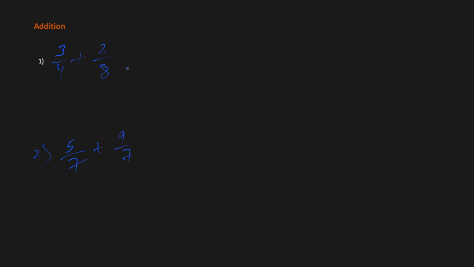Before I jump into solving this, you will see two types of fractions: one where the denominator is different, and one where the denominator is the same. We will talk about what to do when the denominator is different versus what to do when the denominator is the same. So going through the first example, the first step is to always find a number